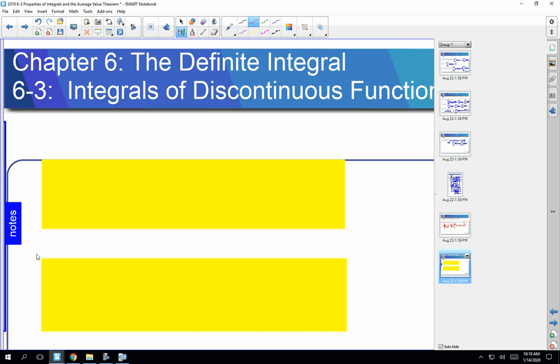If I had a function that was like this, and then it jumped up here to say 5, and then just kept on going down over here, I could just draw a dashed line in there, find the area of this region 1 and this region 2, and there's my integral, right? So we can deal with it. Calculator might have issues with it because of the discontinuity, but we can still find the integral by breaking it up. And now that we know that integrals are additive, we could break it up into 2 different sets and then find the integral of each one and add them up. So